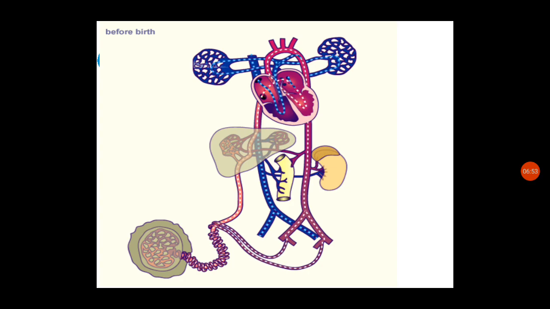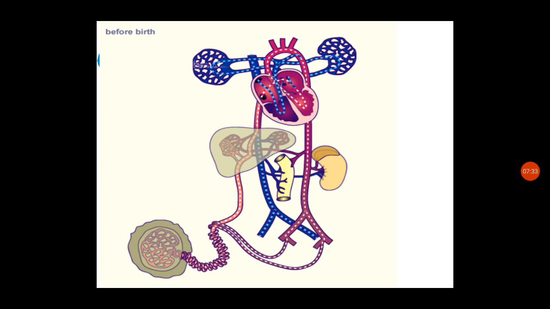So this both will be coming down to the left atrium, left ventricle. Left atrial blood will be coming to the left ventricle, and again it will be carried through the aorta to distribute in the different parts of the body: coronaries, head and the extremities. The remaining blood which is coming in the right ventricle, some amount of blood will be taken into the pulmonary trunk to the lungs for the growth of lungs.